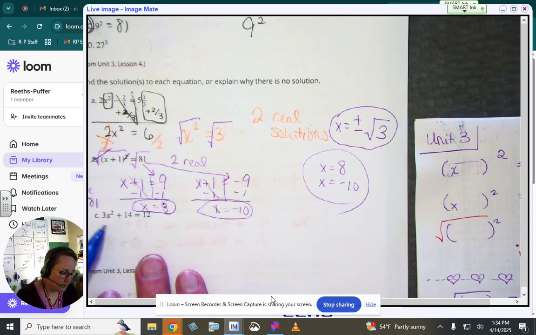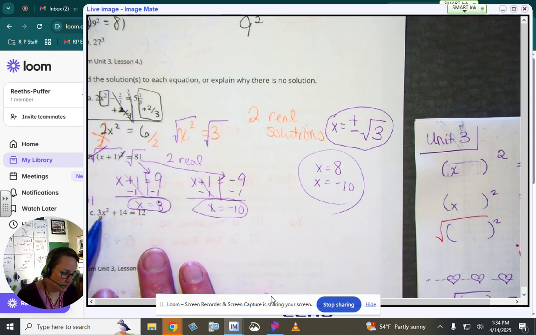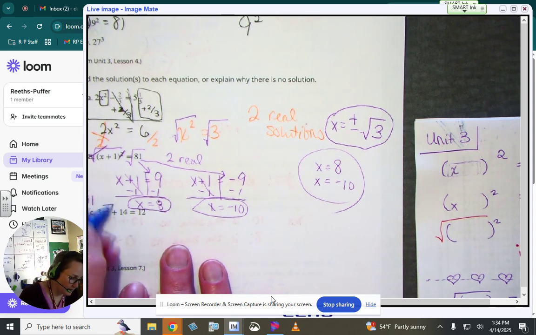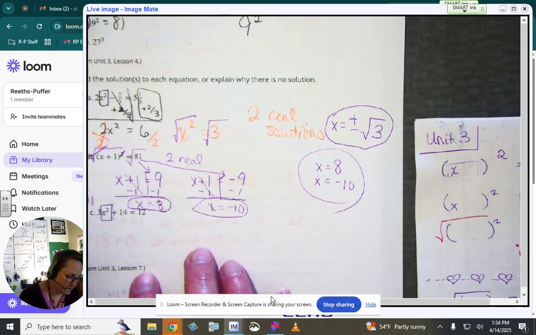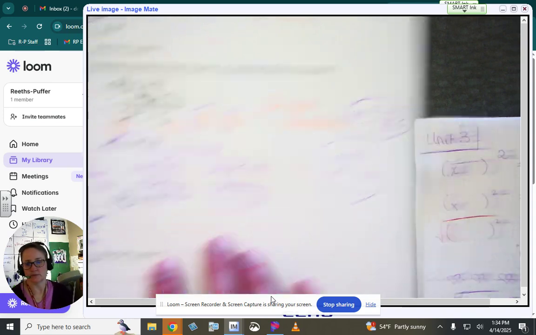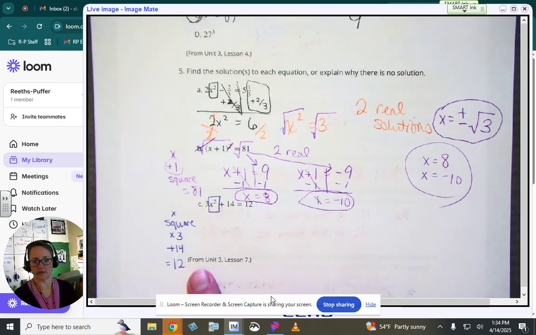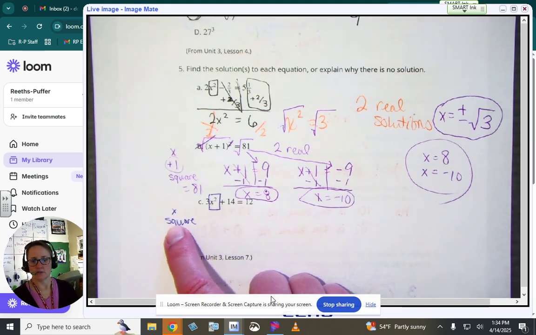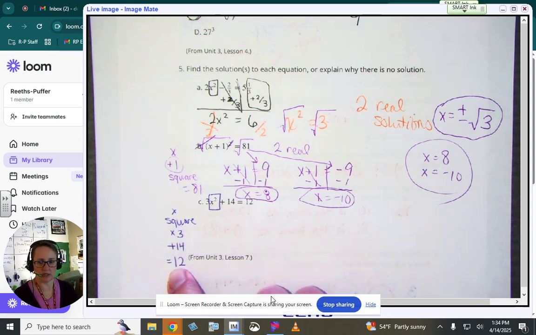All right. And last but not least, I got a little bit of everything going on here. I got to get that by itself. I have x, then I'm going to square it, times it by 3, add 14 to equal 12. Oh gosh, I just wrote all that and you can't even see it. X, square it, times it by 3, add 14 to equal 12. Let's do all of this